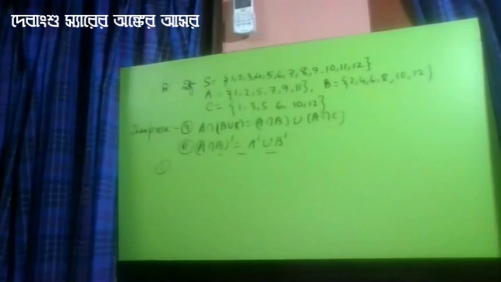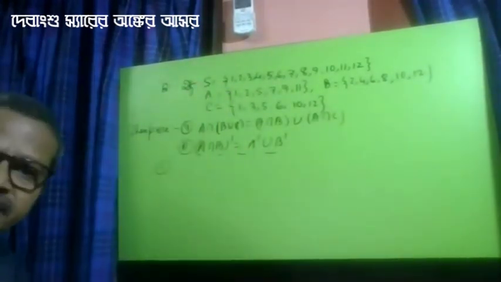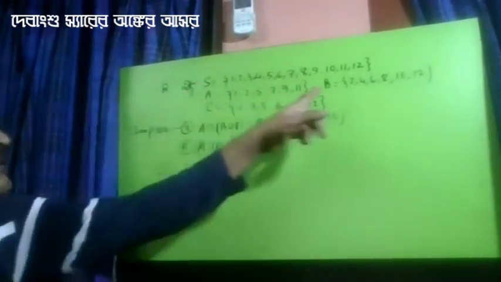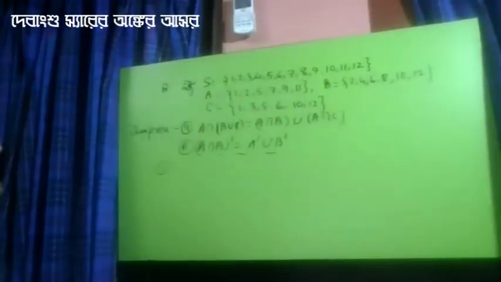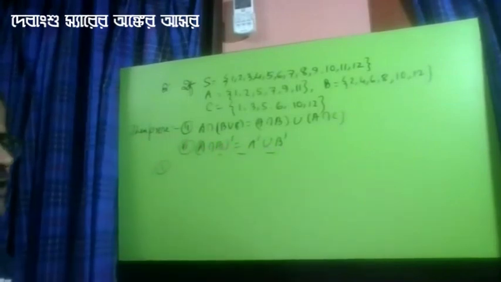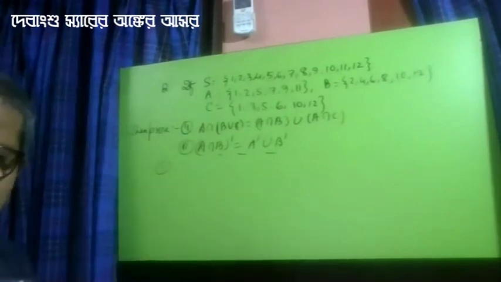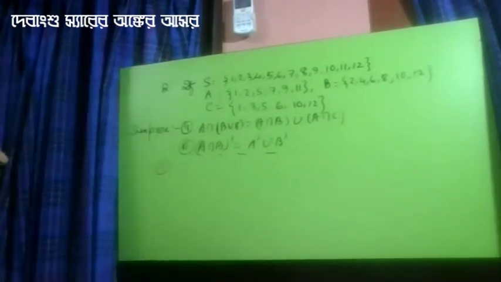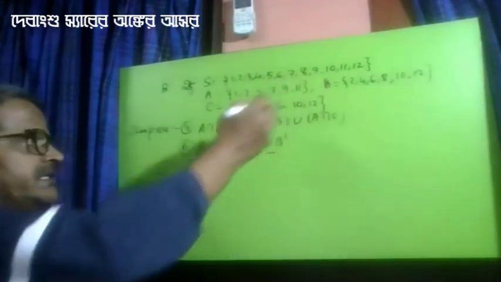Now comes the third type of sums. In the third type of sums, the universal set will be given. Sets are given. I have considered three sets A, B, C, and you have to prove formulas like this. You are asked to establish the validity of this formula. So what do we have to do? Number one, we will construct this set from the given data.